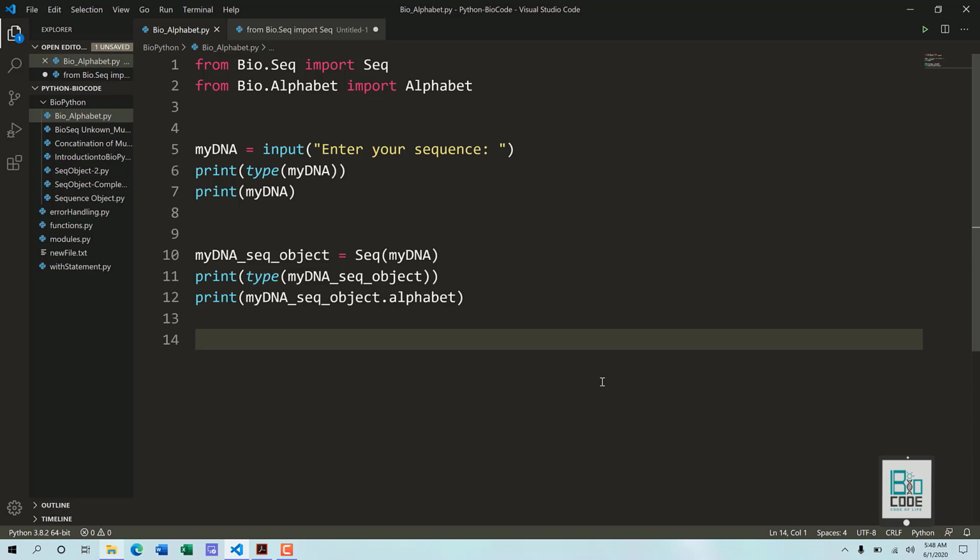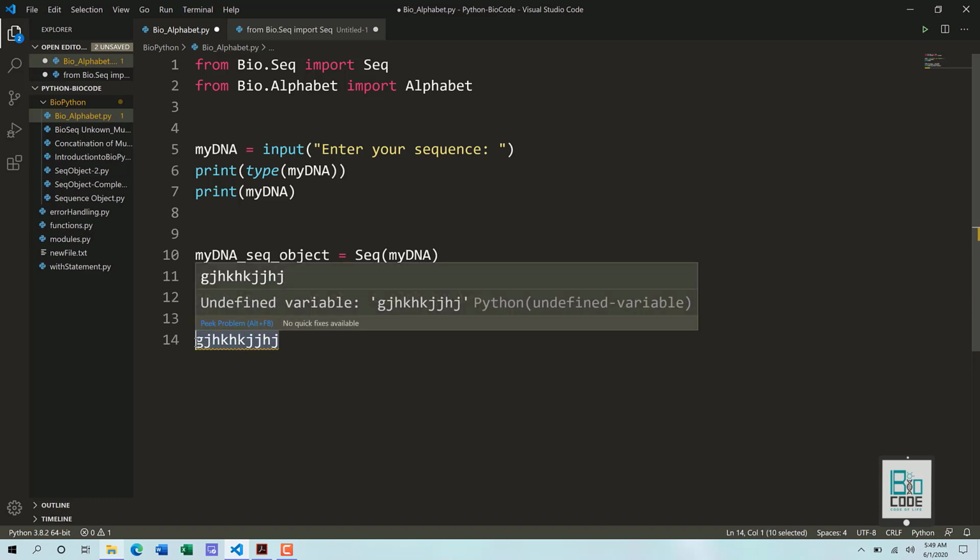For example, if the sequence looks like this and consider it is a protein sequence, so obviously there is no J in the protein, but consider it is a protein sequence. So how will Python understand that it is a protein sequence? Because a protein sequence can contain up to 20 amino acids, a multiple of 20 amino acids. So how can it understand whether it is an RNA or a DNA,